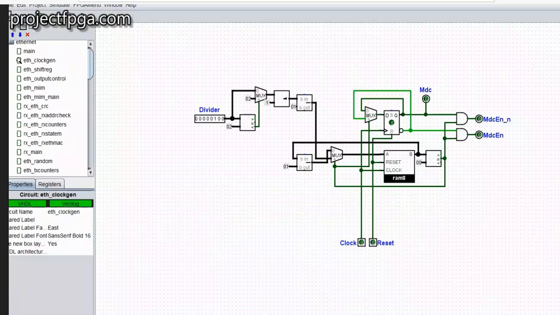So this 8-bit RAM is being latched here. It's being latched here. So whenever you clock this circuit, this comparator here compares the value in this RAM with 0. So whenever the value in this RAM is equal to 0,